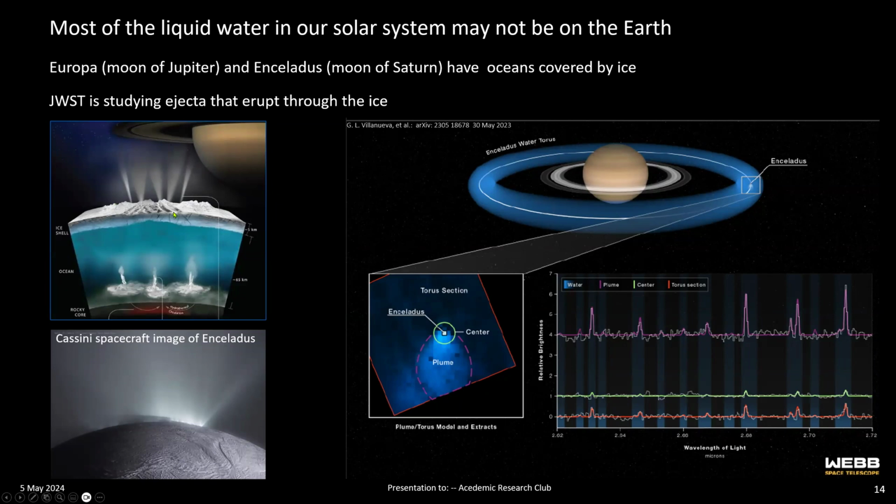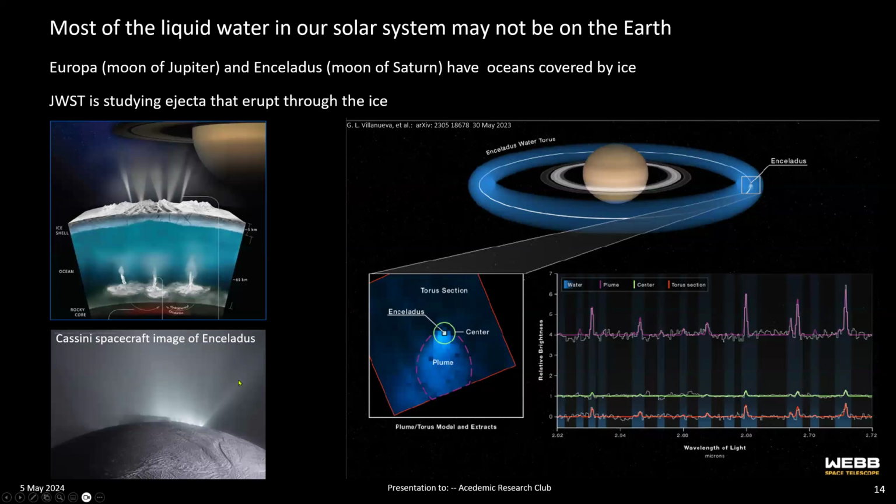And when tidal forces act on this crust of ice, it cracks and leads to a geyser-like phenomena shown in this drawing, in which ejecta from this ocean is expelled out into space. And here is an actual photograph of that process happening, recorded by the Cassini spacecraft on a moon of Saturn